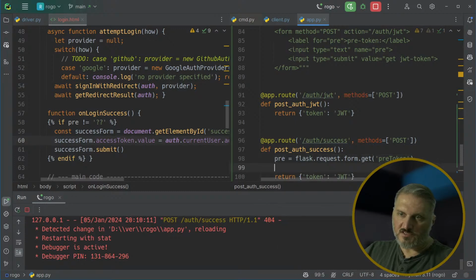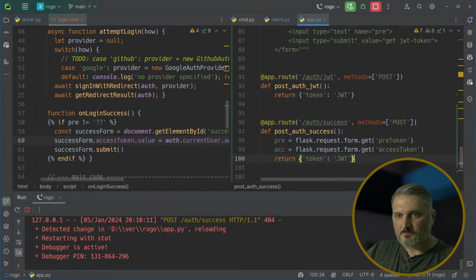Pre equals this, and then ac equals access token. And then we're going to return like some